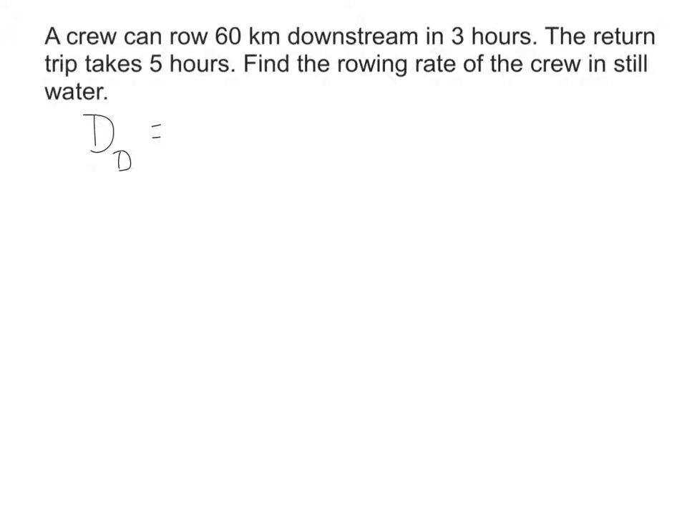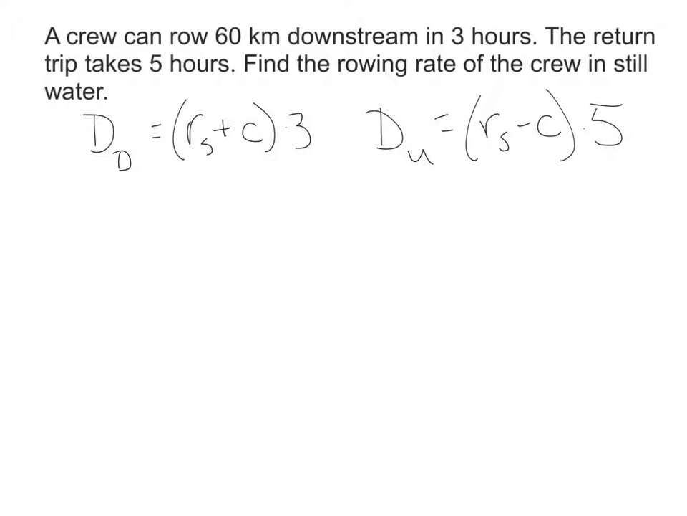equals 60 kilometers, it's 60, is going to be the speed in still water with the current times 3 hours, and then the distance upstream, so I'll call that U, is going to be the speed in still water against the current times 5 hours. Okay? So what we know is that both of these distances are 60. So we're able to put 60 equals r sub s plus c times 3, and 60 equals r sub s minus c